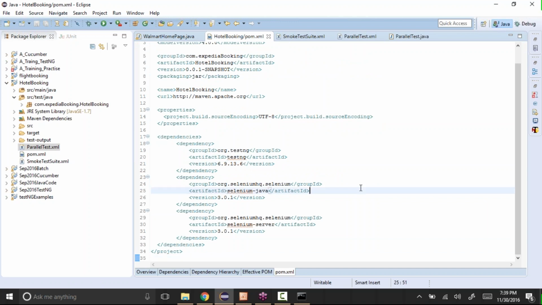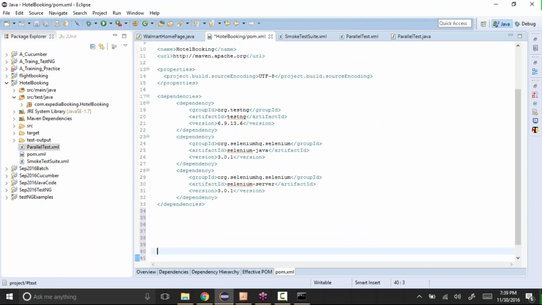Okay, so how to do that is, come to after the dependencies, here we need to write some code. So if you want to execute multiple suites at the same time, we need to have one plugin, and the name of that plugin is the Surefire plugin. Okay, there is something called Surefire.